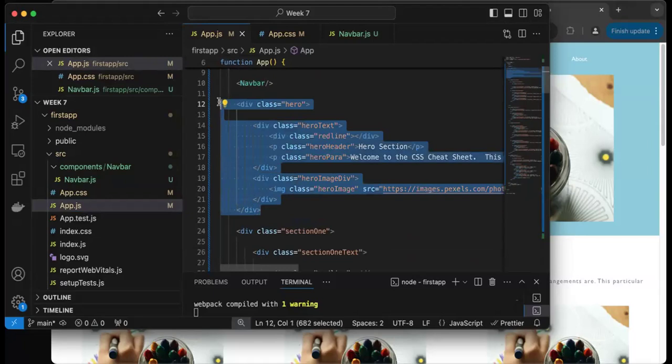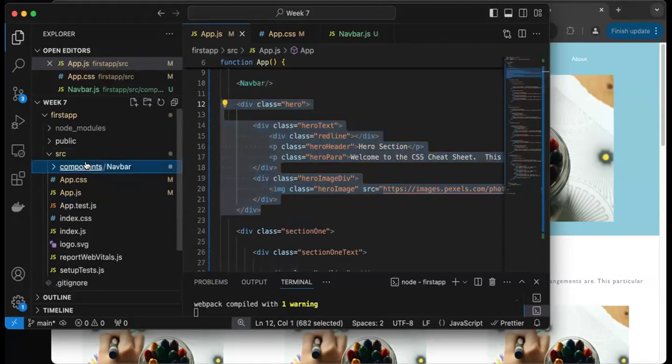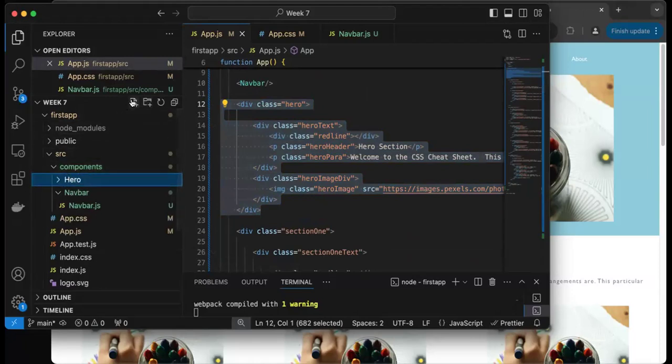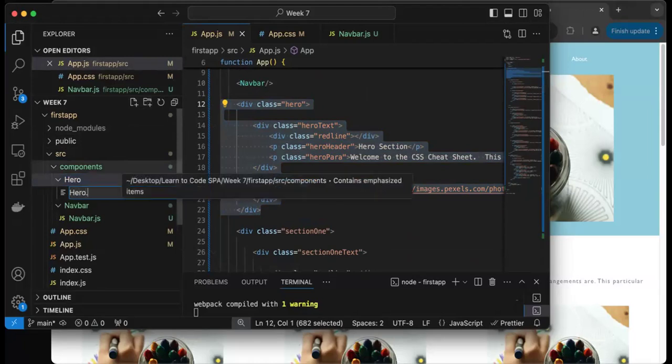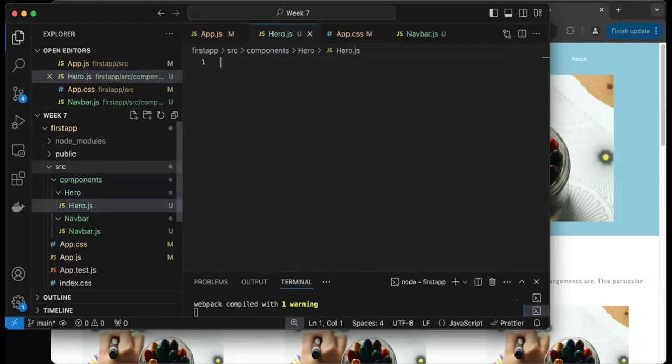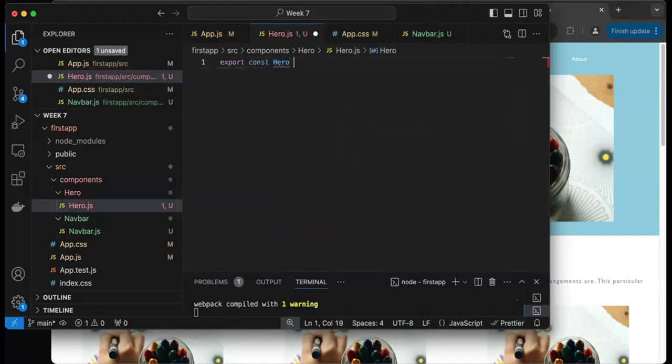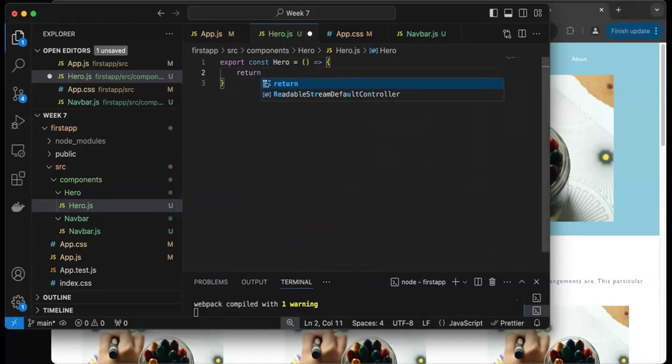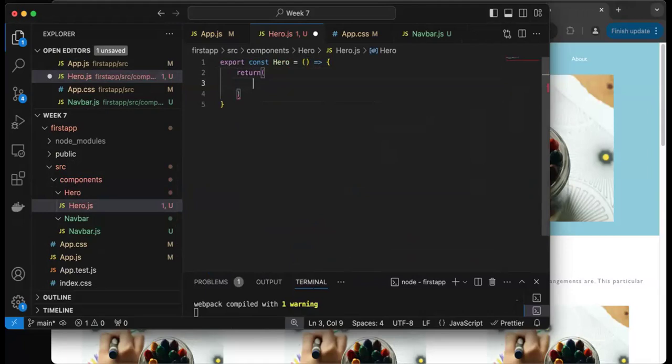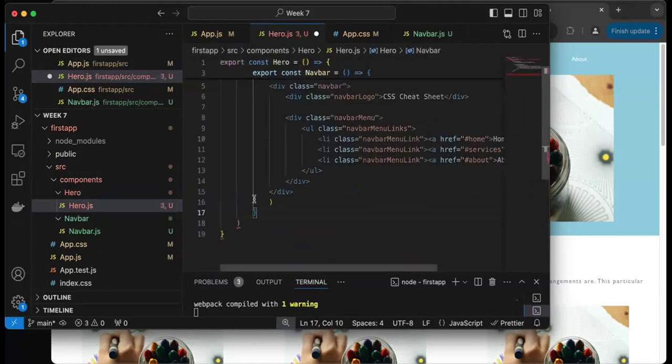So we've got a hero class. What I'm going to do is inside the components folder, I'm going to create a component. I'm going to call this the hero folder. And inside the hero folder, I'm going to create a new file. I'm going to call this hero.js. And so what's going to happen here? Export const hero equals open parenthesis, open bracket, return parenthesis, and inside of the hero, I'm going to paste in,